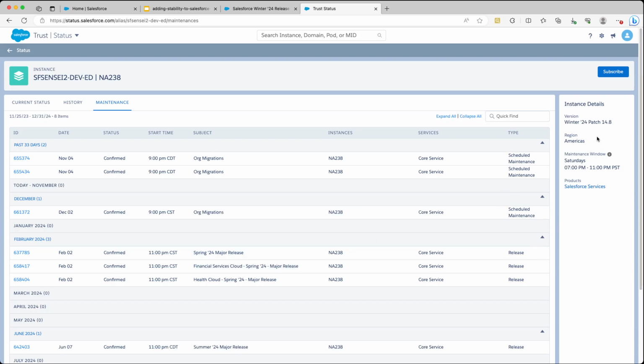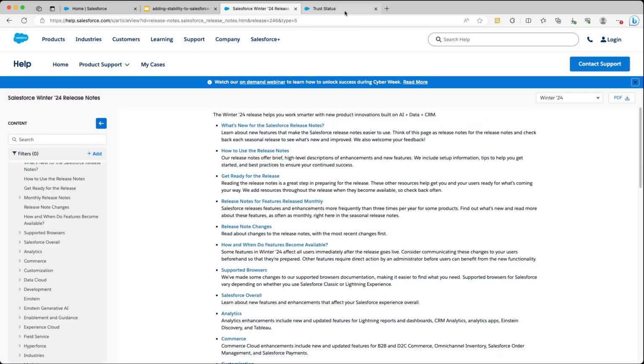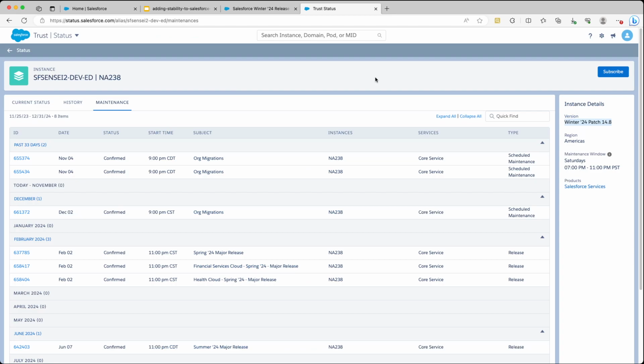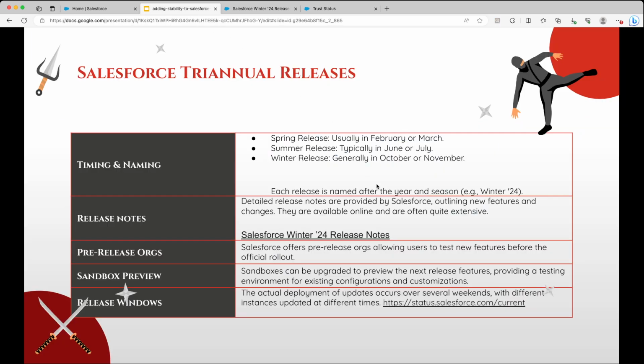You are encouraged to subscribe for your instance. And in that case, it also gives you what version or what is the current release, what type of patch has been applied to it, and what's upcoming. So again, very useful sites. The Salesforce release notes and the Trust site should tell you really when things are going to happen on your release in terms of updates by Salesforce. So that being said,